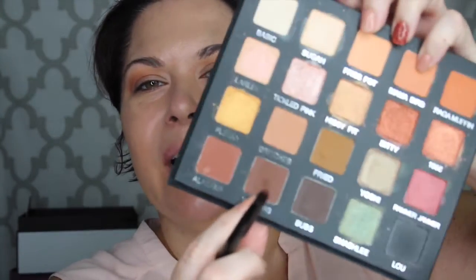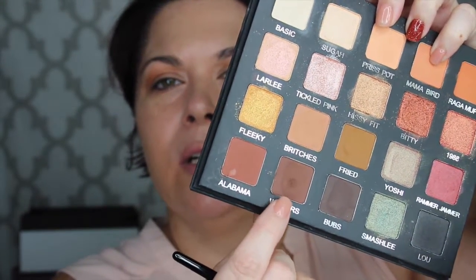So I will use this brush also when I'm trying to do some definition, like in the outer lid color there. And then you can go back and blend to soften the line, but good stuff here. So I'm going to use this with Whiskers, which is a light chocolatey brown, in the actual crease, and try to stay really low. I don't want to go up high with this into the transition area at all. I'll blend it up, but